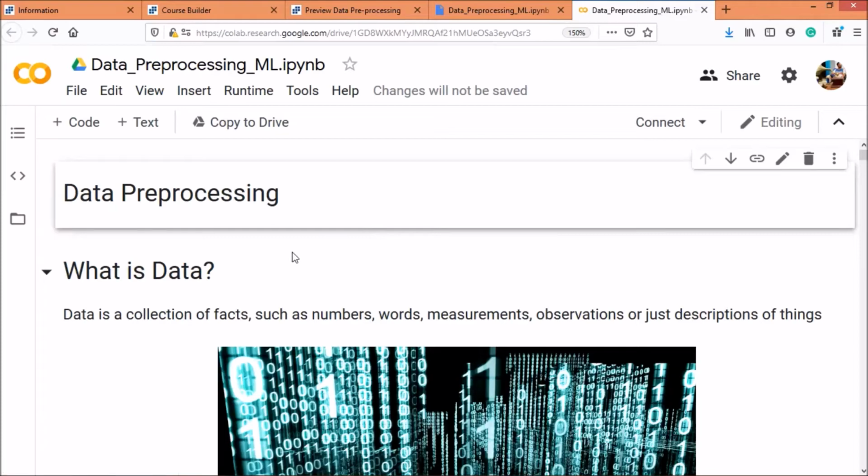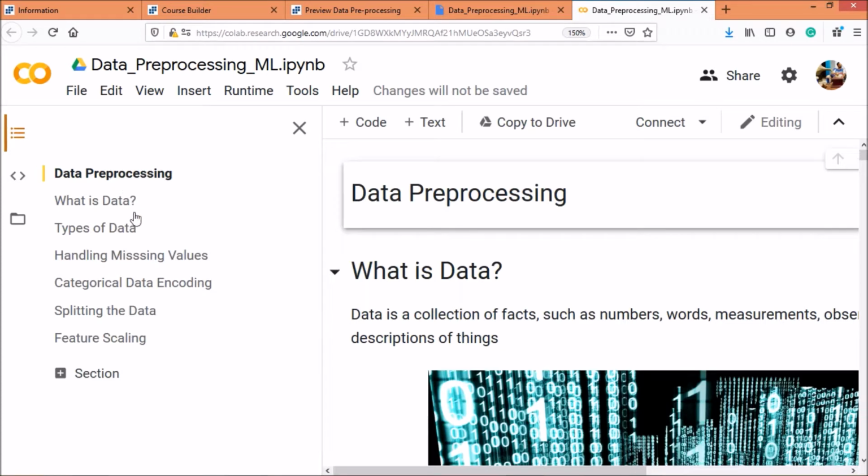Alright, so this is how your notebook looks. Now before we proceed with the hands-on session, I would like to take you through the table of contents. You can click over there, the bulleted points, and this shows what we are going to cover in this data